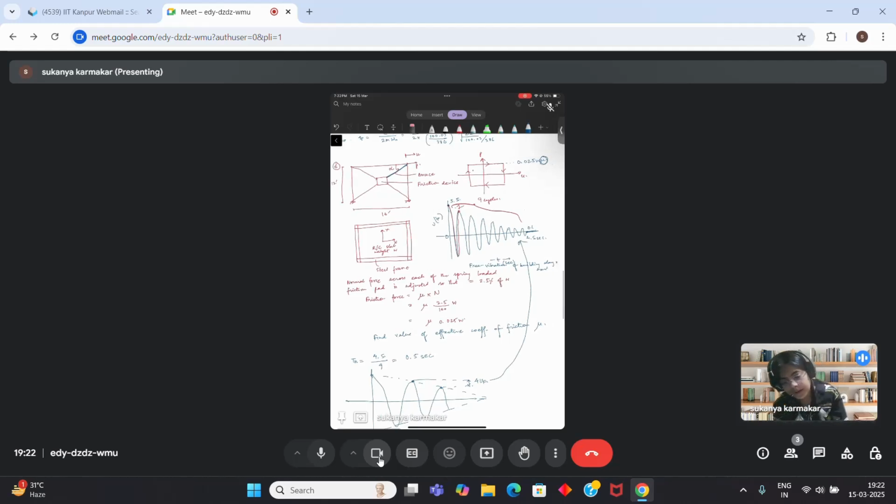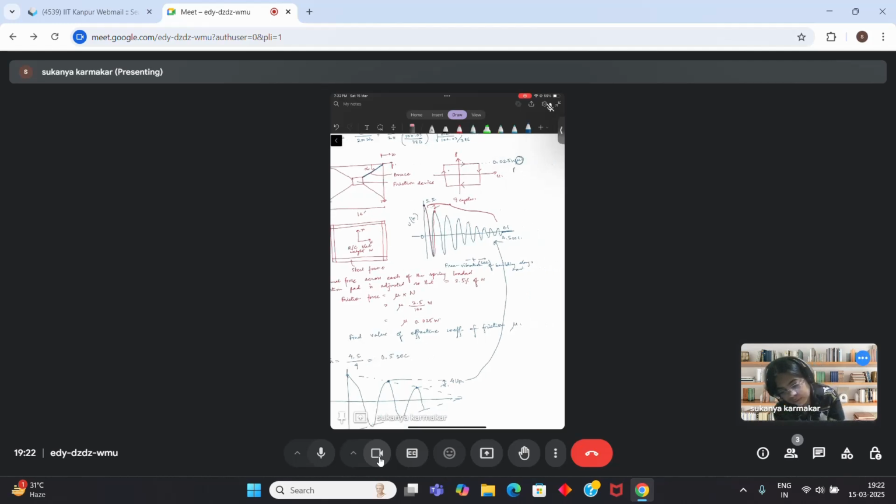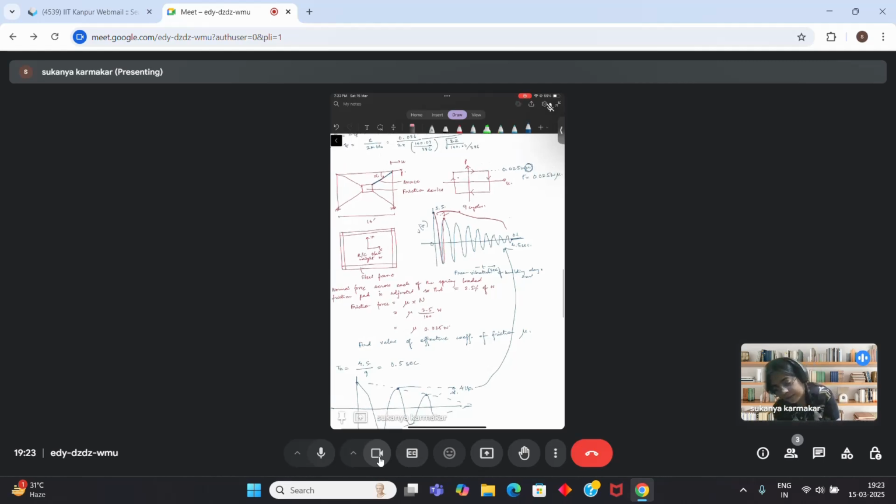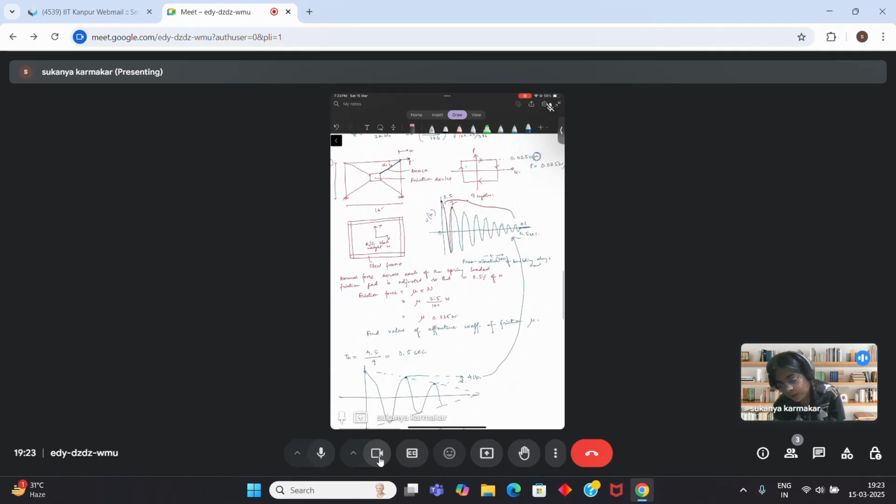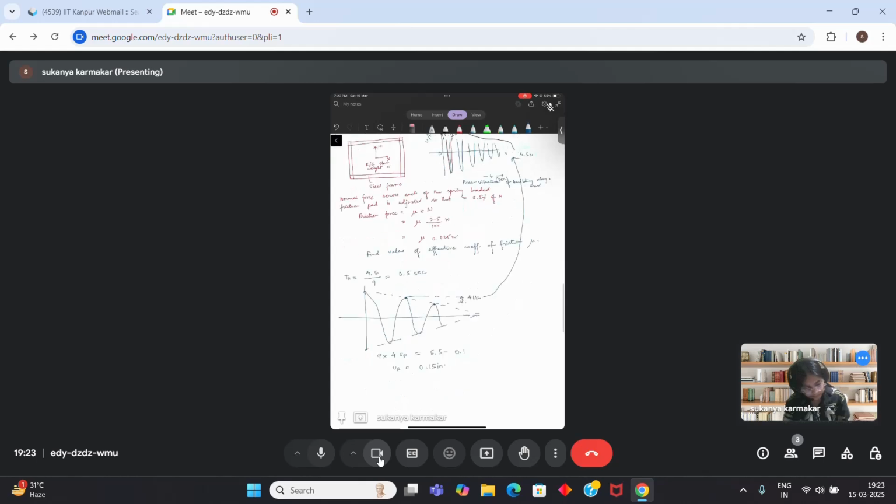Here, it is given that P is equal to 0.025 weight into mu. If you have this value of P, can you calculate its component along the brace? That will be the friction force along each brace, right? So the component of P in the direction of the brace will be